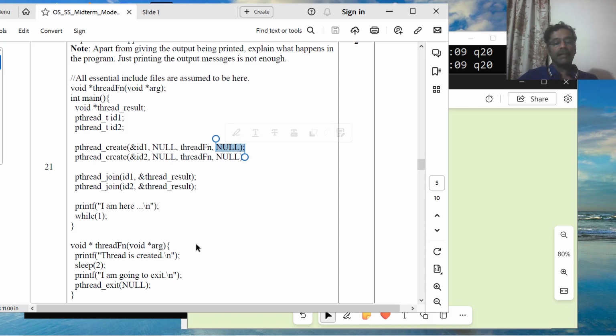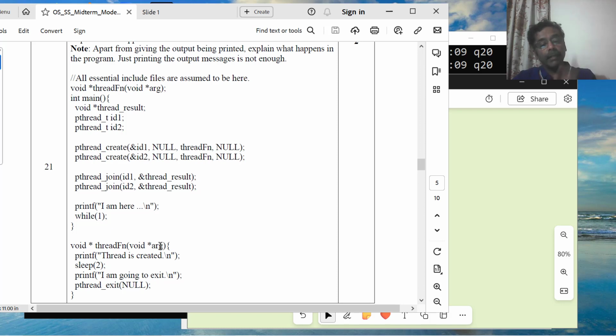There is no parameter passed. So this thread function doesn't expect a parameter, but actually it has one. What happens is that NULL is passed here. Now by any chance, you can try it out in the same code if you have the patience to write it out, or change whatever code is there in the lab. If you pass a NULL here, you still have to declare arg, but if you try to access arg, for example printf("%s\n", arg),